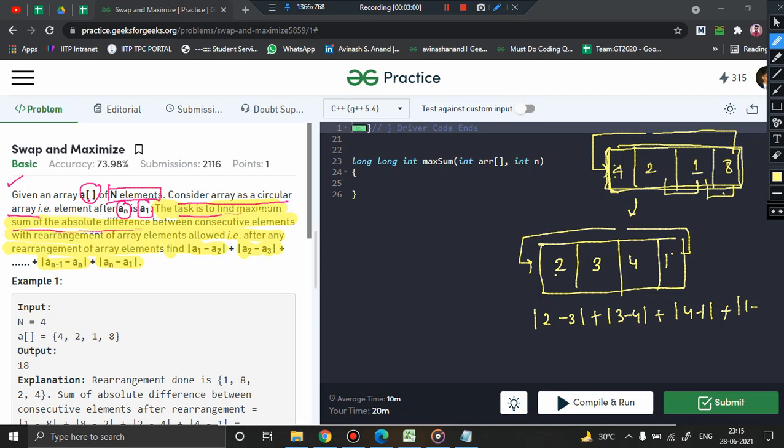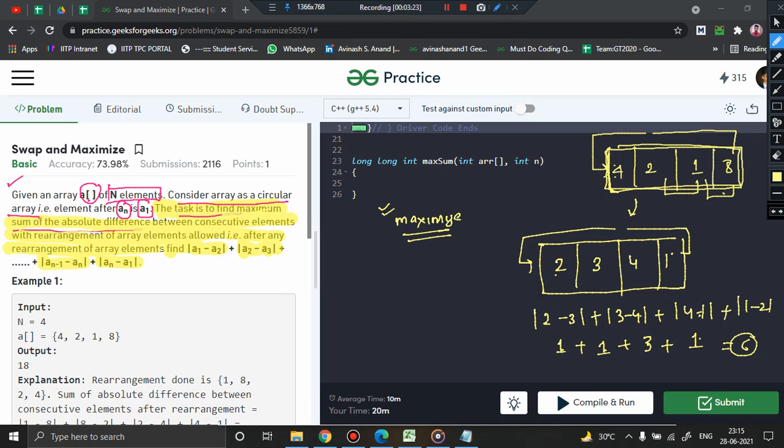So I'll say 1 minus 2, right? So this will give you 1 plus 1 plus 3 plus 1. 1 plus 1, 2 plus 3, 5 plus 1, 6. Very less, right? But here our objective is to maximize this absolute difference. Maximize.